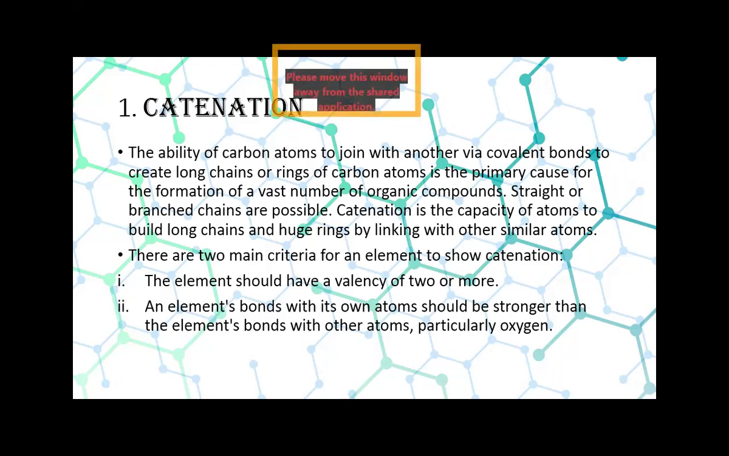Therefore, it forms or exists in different forms of organic compounds in nature. So straight or branch chains are possible. Yes, we have two types of chain. Either it will be a straight chain or it will be a branch chain. Now the next,